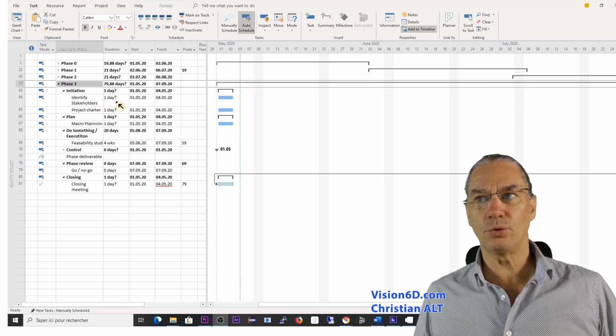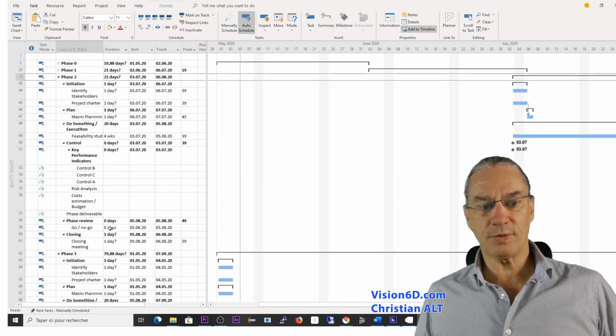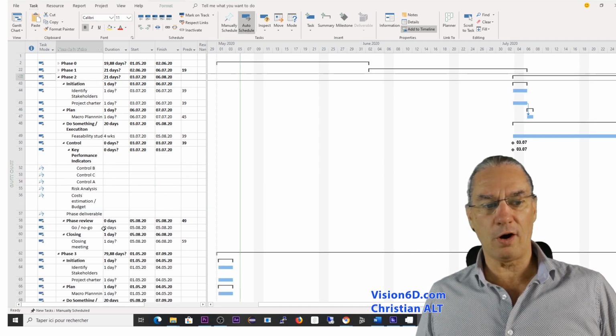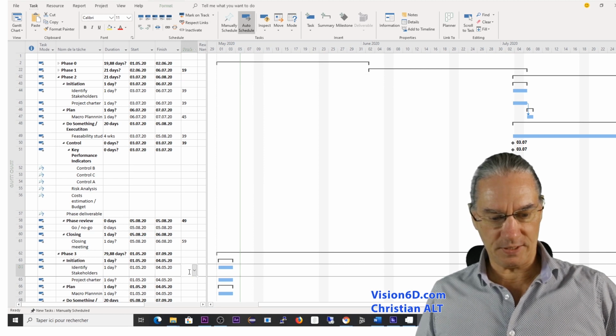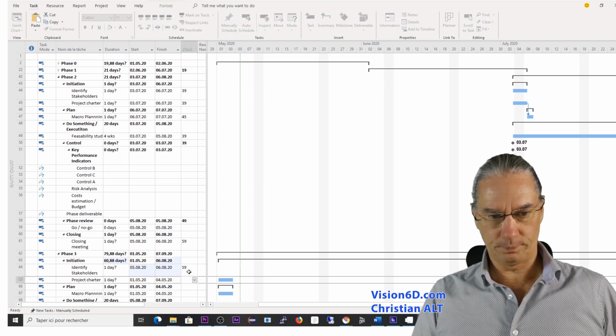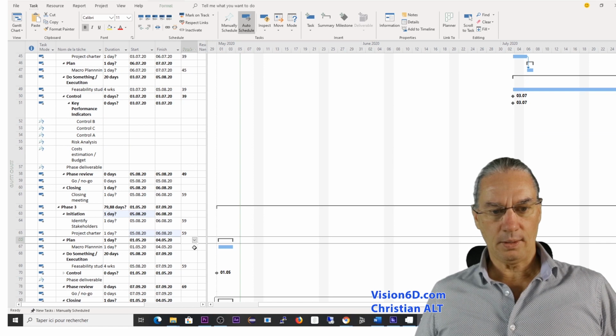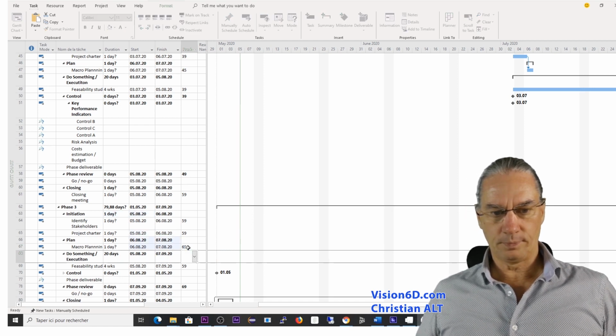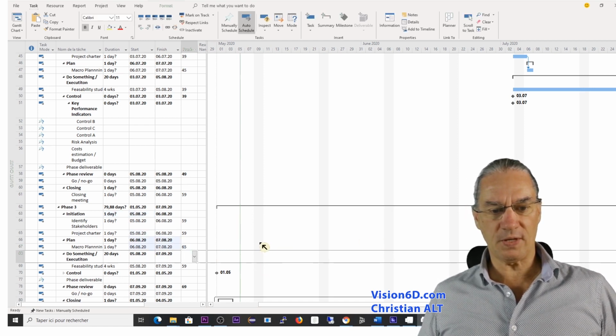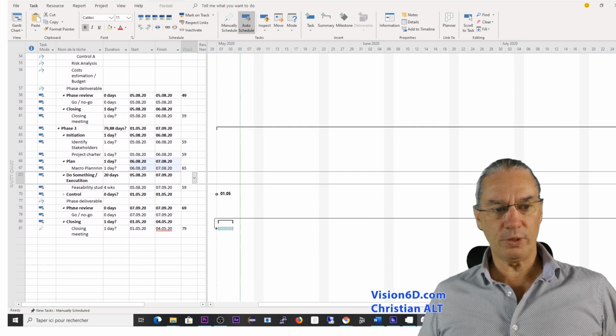You see we have to define, identify stakeholders. This will have as predecessors the go no go of phase 2, which is task 59. So I'm coming here down and I'm saying that it's task 59. And we are going to say that the macro planning is also following task 65. Like that, we have those things that are removed, and we see that we still have some issues with the